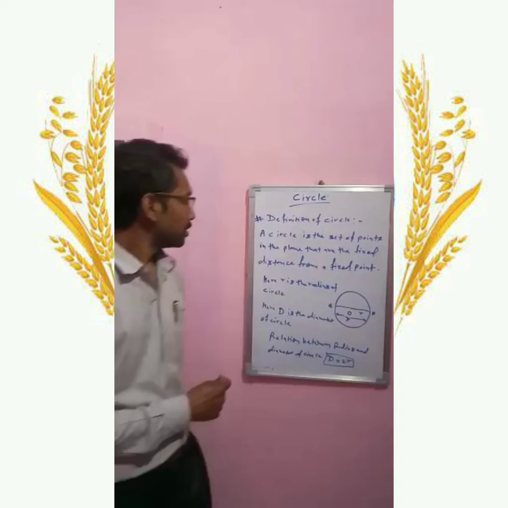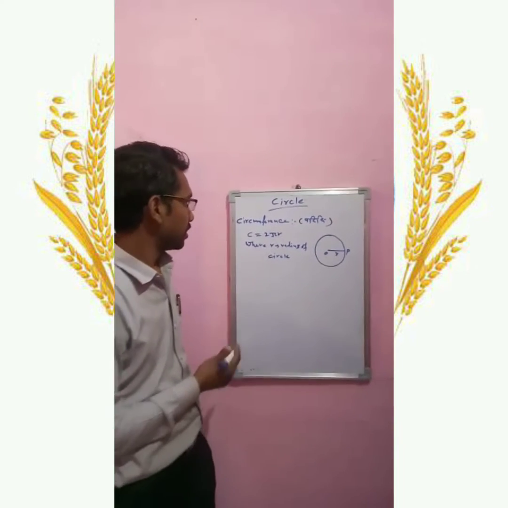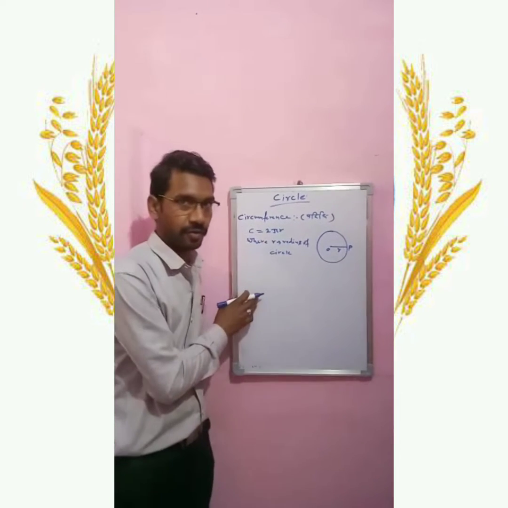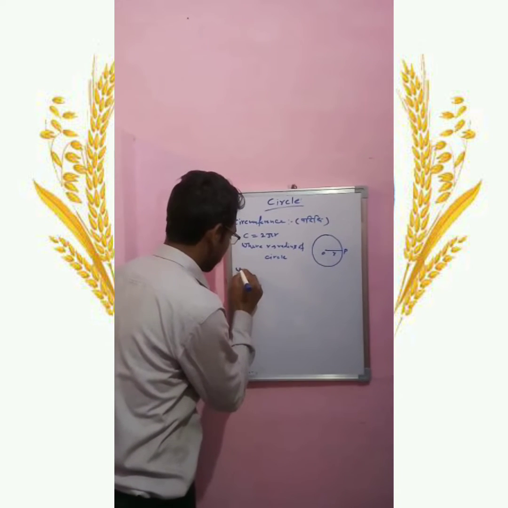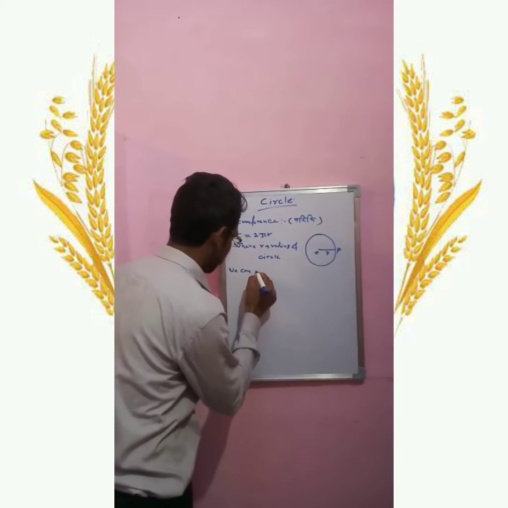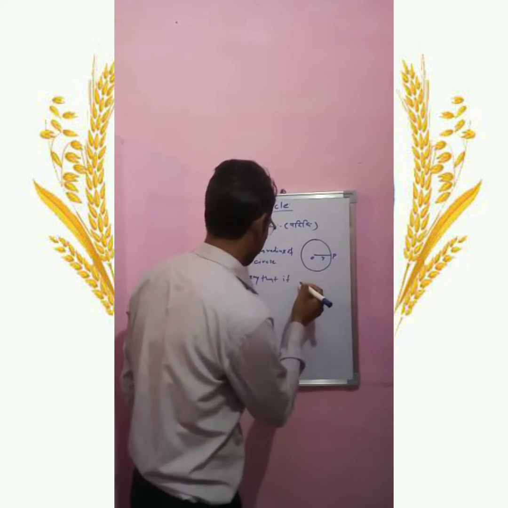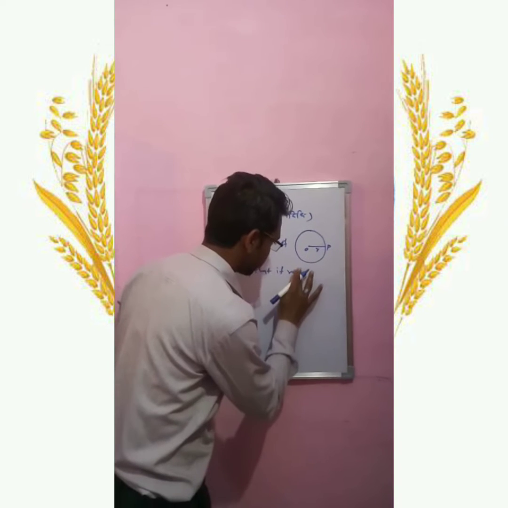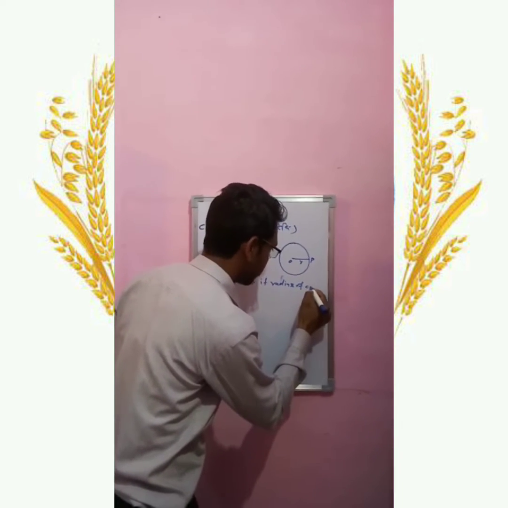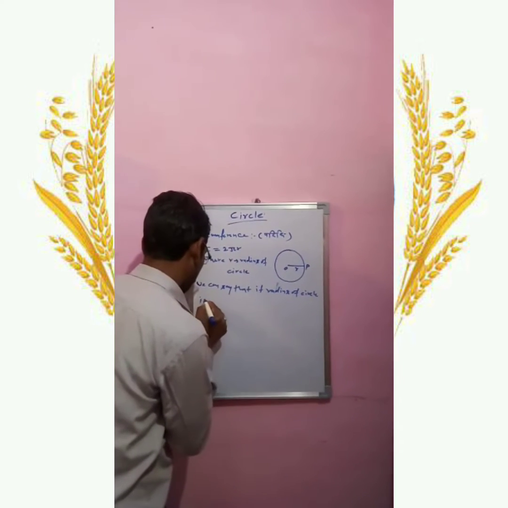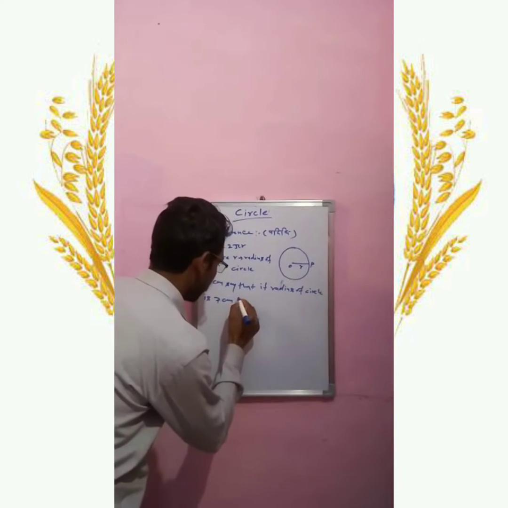Next, circumference of circle. Circumference of circle C equal to 2 pi r, where r is the radius of a circle. We can say that if the radius of the circle is 7 centimeters, then